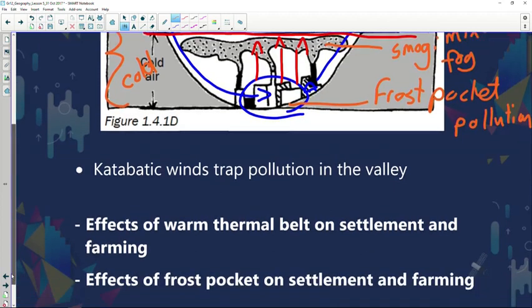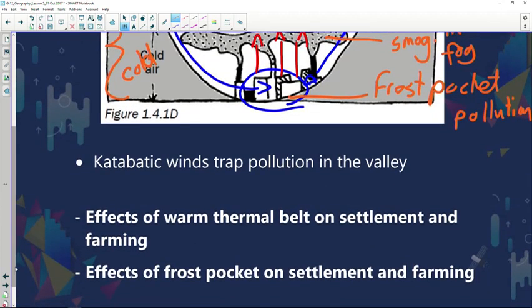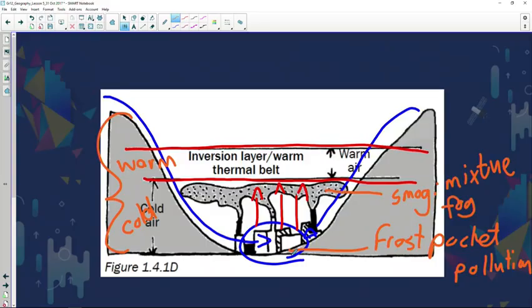Now, these also have effects on farming. For instance, if a farmer does farm in an area that's situated in a valley, he needs to be able to plant frost-resistant types of crops. Frost-resistant crops are crops that can withstand the frost. It means it won't actually kill the crops that are being farmed over there. And for settlement purposes,